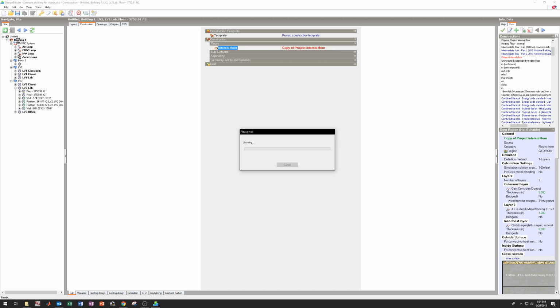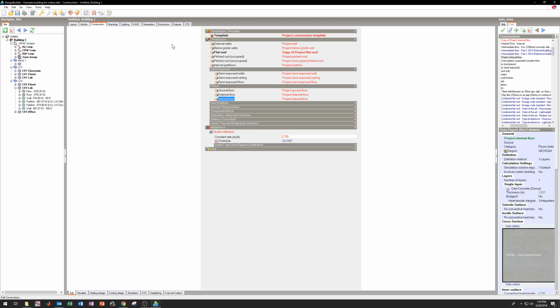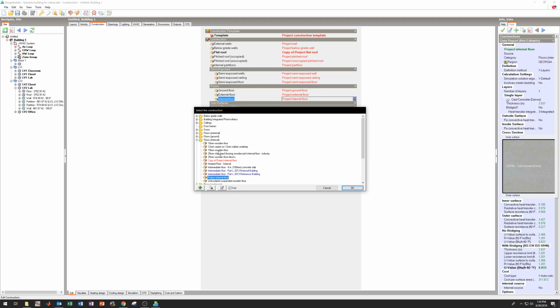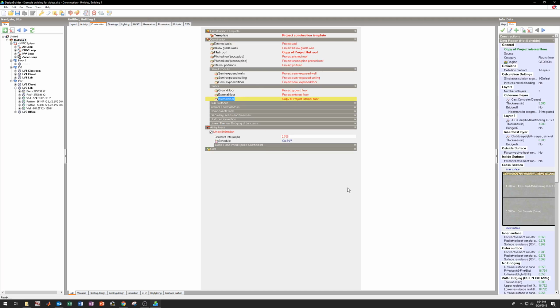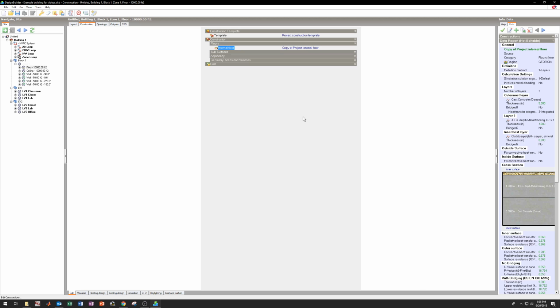Then I'm going to do the same thing, go to the building layer, and then change this to the copy of project internal floor. Now what we have to do is go to this block zone and change the floor, because you only specify floors, you don't specify ceilings. In EnergyPlus you do, but the ceiling has to be the floor in reverse order. So same material, but the construction is opposite. DesignBuilder does that for you. So I only specify